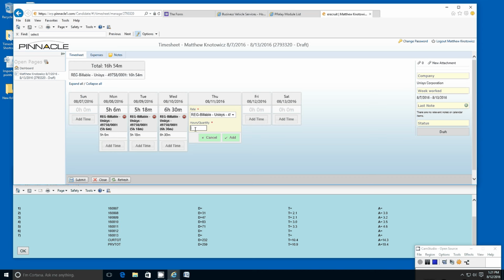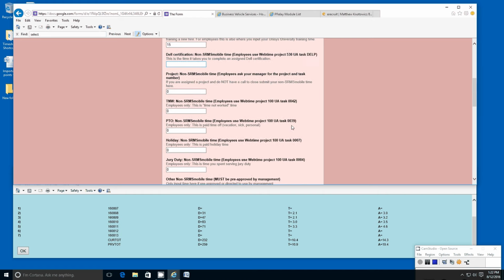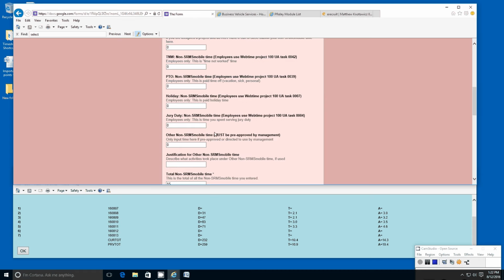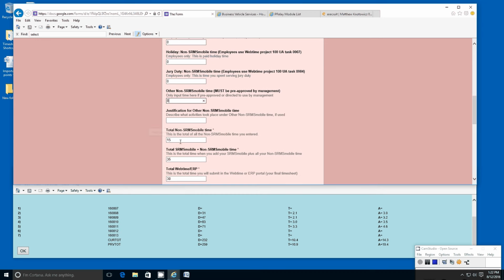Now, normally, in a full work week, you're going to work Monday through Friday. So I have no time that I was able to input on Friday because I'm working on this very project that you're viewing right now. So if you want to use that as an example, we would be putting that on the form as other non-SRMS mobile that was approved by management. So say I worked 8 hours creating this video, I would put that here, and then of course these totals would change, and I would add my